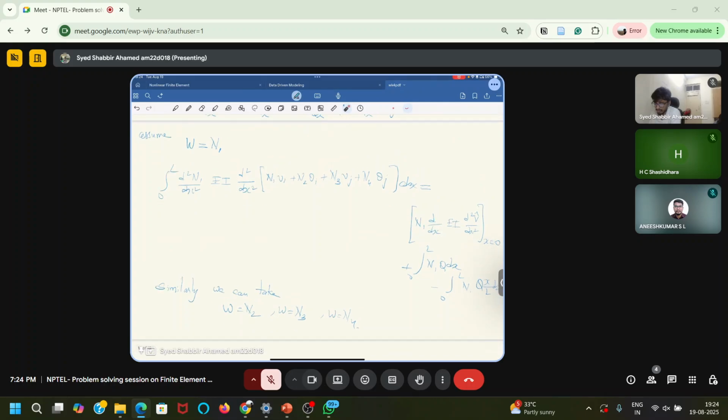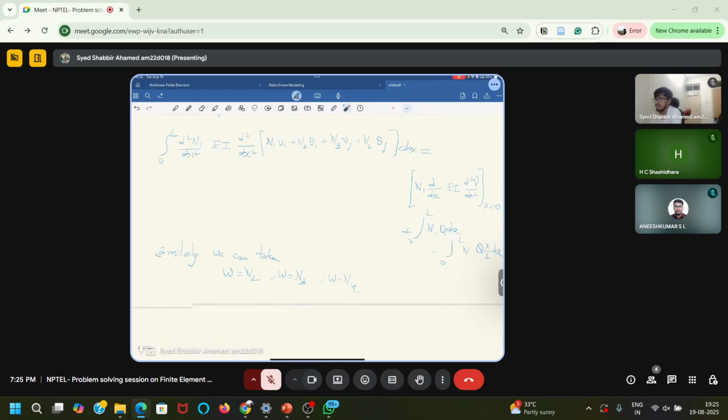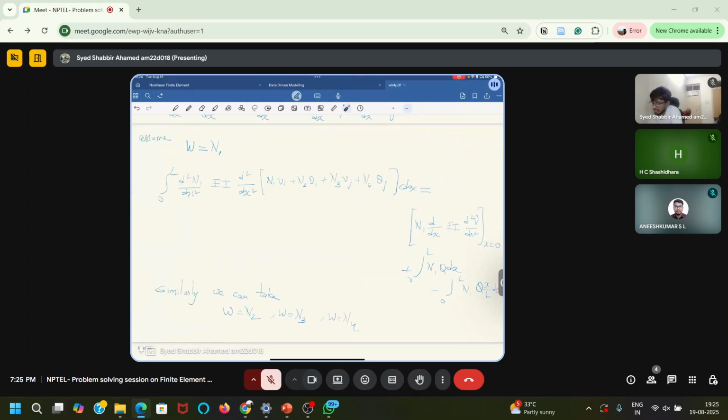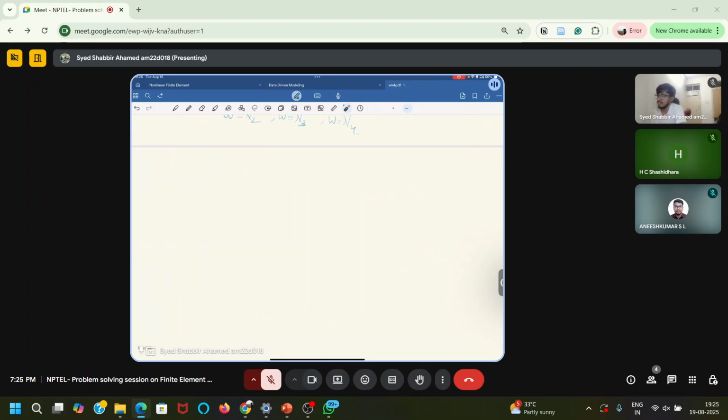So we will get four integral equations, for W equals N1, W equals N2, W equals N3 and W equals N4. So all those four equations, if I take the LHS only,